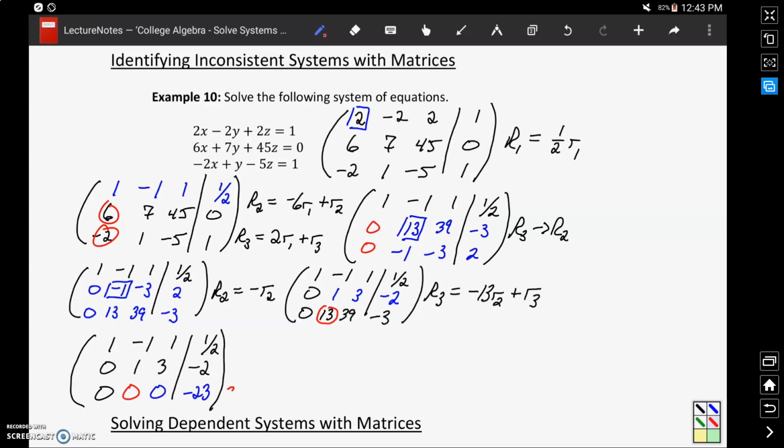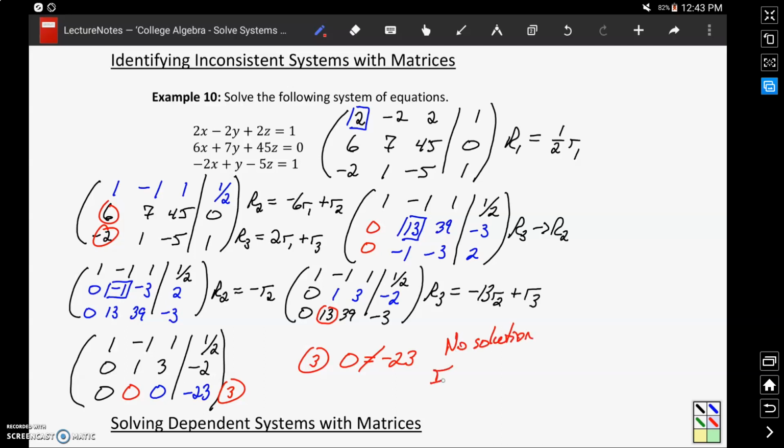So translating that third row back into an equation would give us 0 times z, or just 0, is equal to -23, which is clearly a false statement. So what we have are all of the variable coefficients in our last row set equal to 0, and then we have some non-zero value on the right-hand side. So essentially this is like that idea of all of our variables canceling out, but being left with a false statement. So in this case we have no solution,